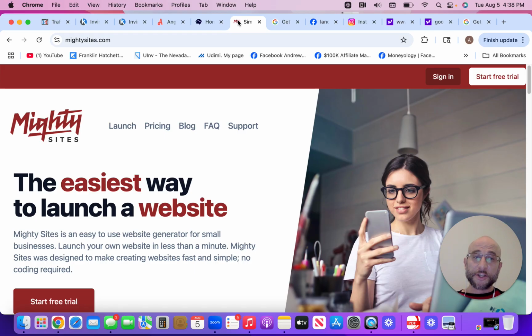What I would suggest is, when you take before and after pictures of your work, go ahead and create a website through mightysites.com. I will personally tell you, I think mightysites.com is definitely a great place to build a website because it's beginner friendly. They have tutorials to show you how to build a website, and it doesn't have to be anything complex, just something simple. Don't overthink this. I understand some people do have a tendency of doing that. You can build a simple website through mightysites.com.